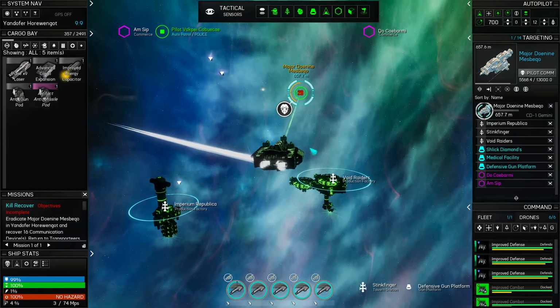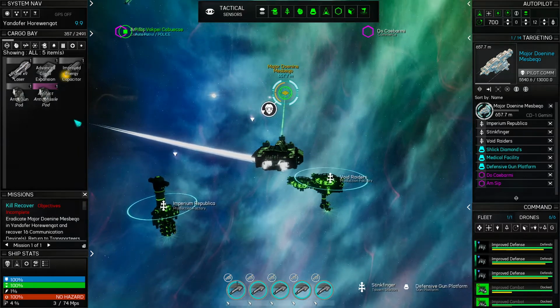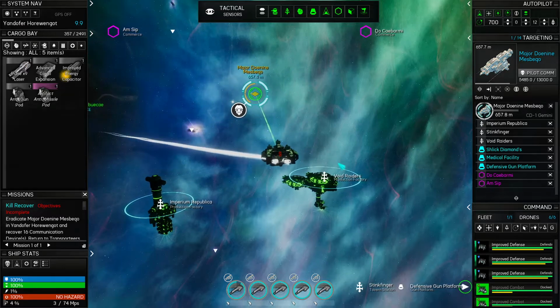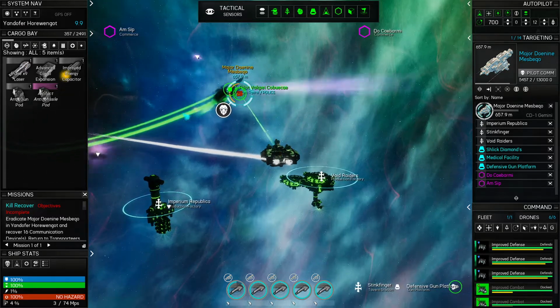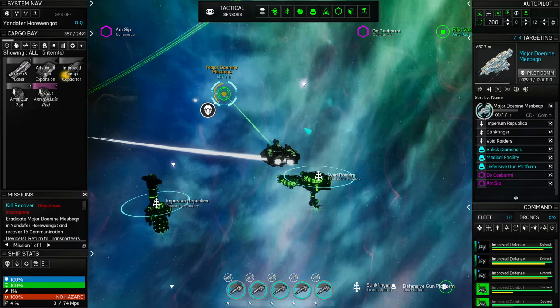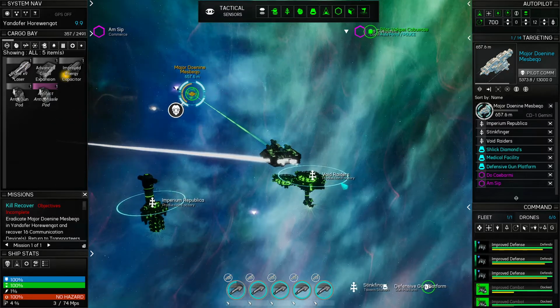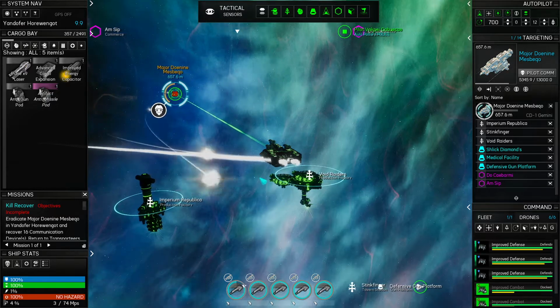it doesn't work nearly as well as drones do, and it eats up an active slot, so it's not ideal as an option, although I like the idea of it. I hope that it gets tweaked a bit to be a little bit more effective. It needs to be more effective than the drone equivalent in order to justify eating up an active slot, because